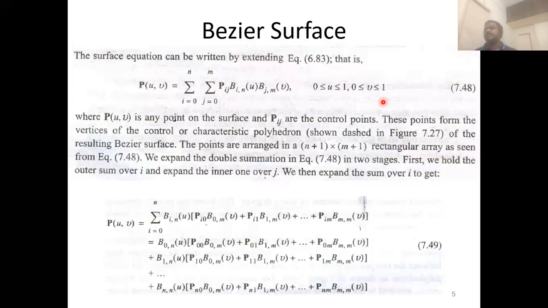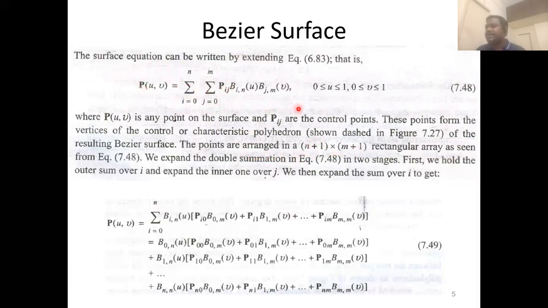If m is equal to 4, you will have totally 5 control points, because the 0 has to be taken care of. Similarly here, if n is equal to 4, the total number of control points is going to be n plus 1. That is why it is written here. The points are arranged in an n plus 1 cross m plus 1 grid, because indexing begins with 0. This expression you are supposed to remember is very simple. We know what the Bernstein function is. We know these are the control points in the u and v directions. Now this can be expressed.